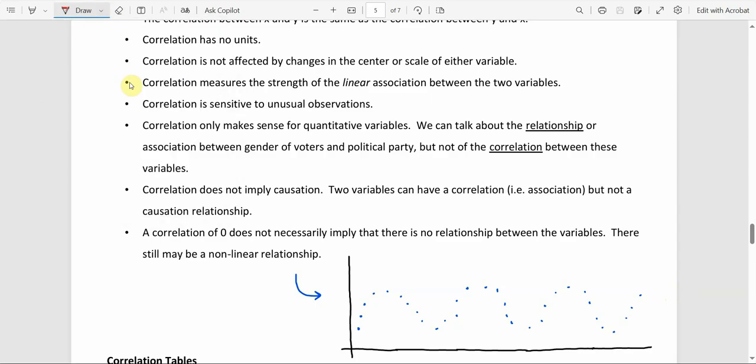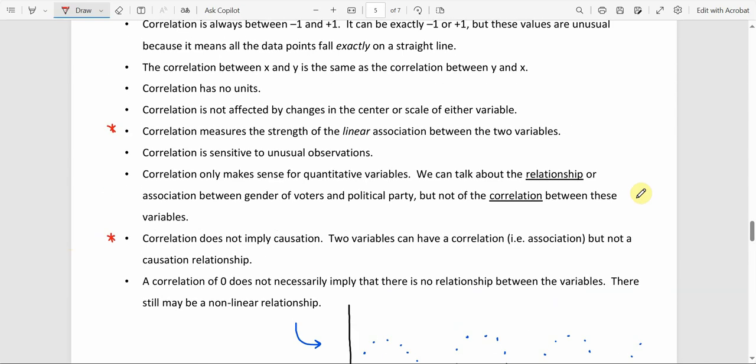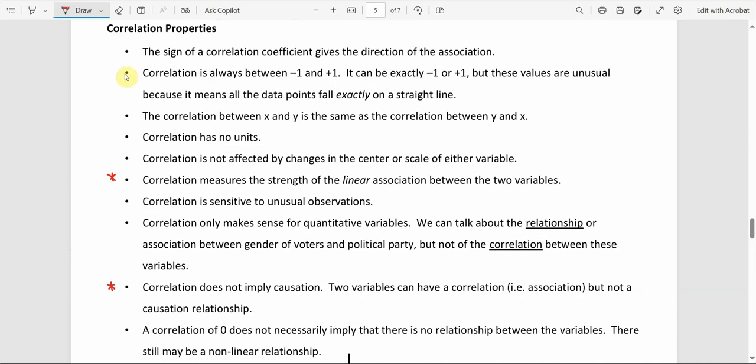So let's see. The big ones here, that's a big one. Let's see. That's a big one. I would say this is kind of a big one at the bottom, but we're not going to get too deep into the transformations and things, because that's what you do if you have a nonlinear shape. Maybe if we were having class in a computer lab or something, then maybe we would have that showing up. I think this is important,